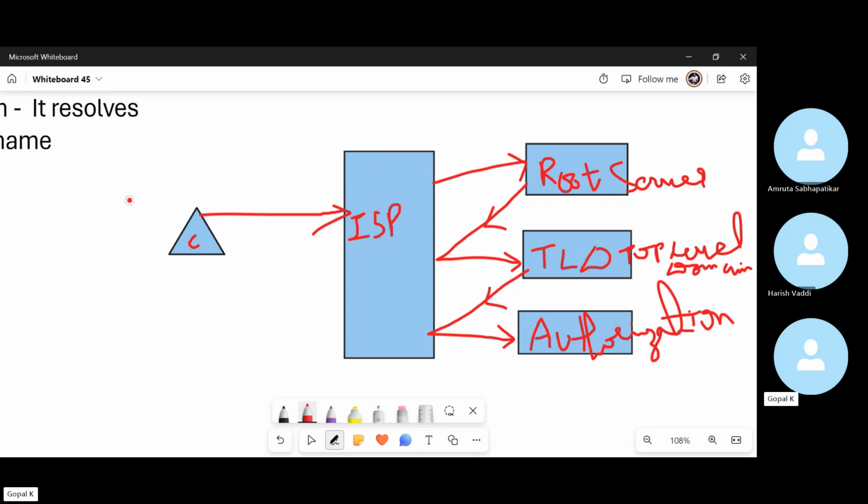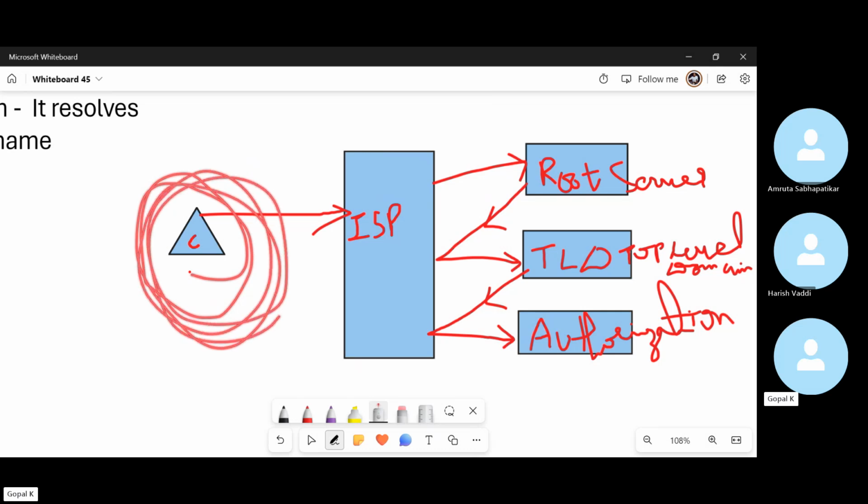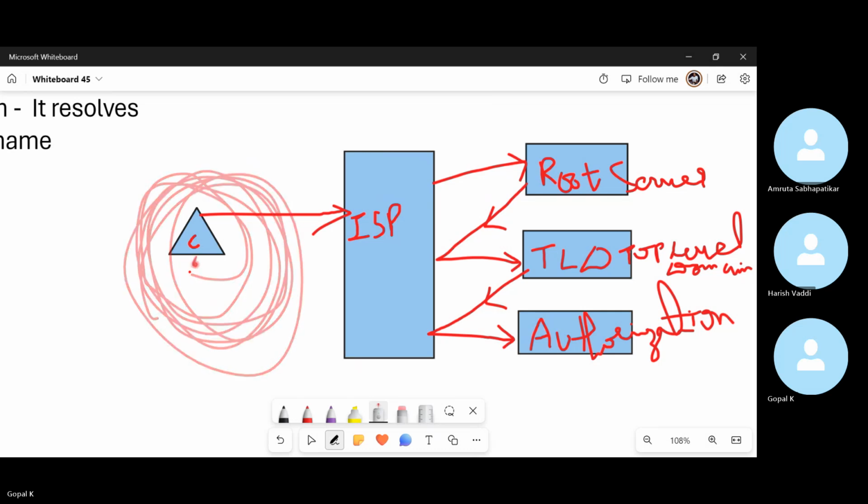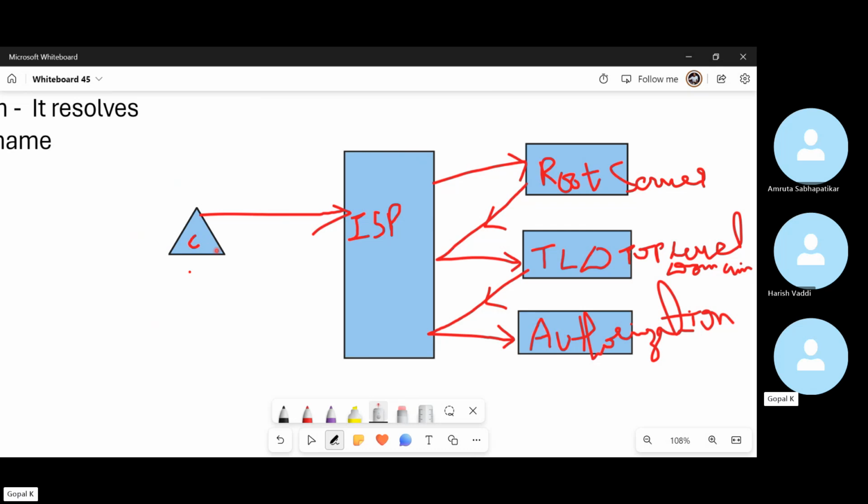So let's say this is a client machine and it wants to access google.com. Like I said, DNS works on IP addresses. Its function is to convert your hostname to IP and IP to hostname. So what happens when, from my laptop, consider this is me,